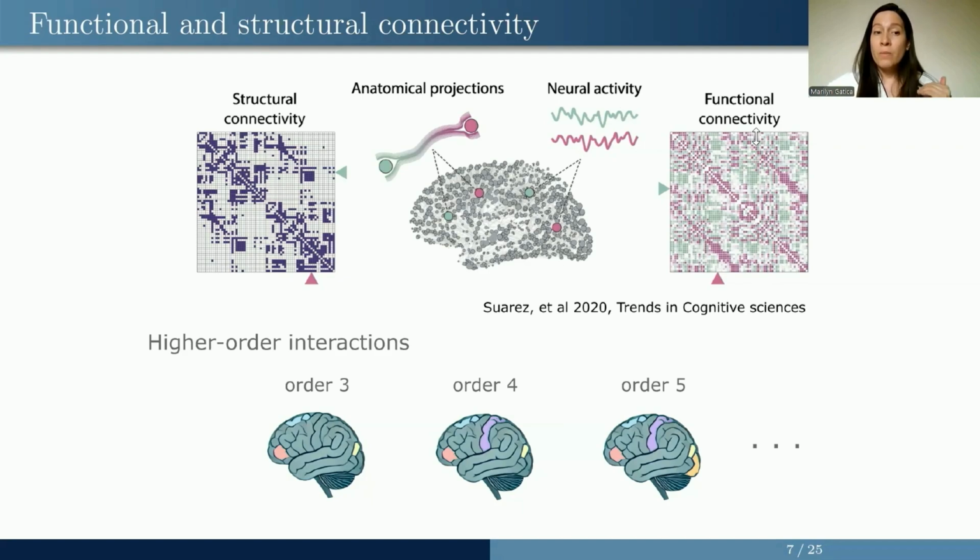But however, you can go beyond this pairwise analysis and observe, for example, higher order interactions, that means you would like to analyze three brain areas, four, and so on. And when you do that, you have these two different concepts that are the redundancy and synergy. In the case of the redundancy, you are saying that no matter the part of the system that you are observing, you will have exactly the same copy of information. And in the case of the synergy, you are talking about an emergent property when you observe the system together.